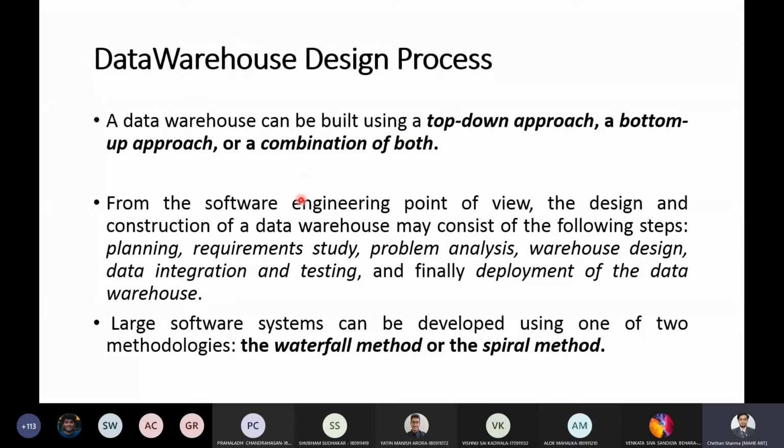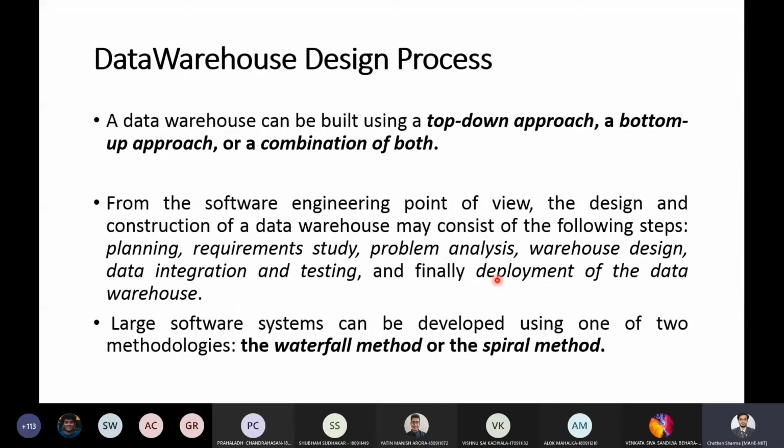So, from a software engineering point of view, the design and construction of a data warehouse may contain the following steps. You would have studied this in the last semester also. You have to plan, do the requirement study, do the problem analysis, design the data warehouse or database, do the integration and testing, and finally the deployment.